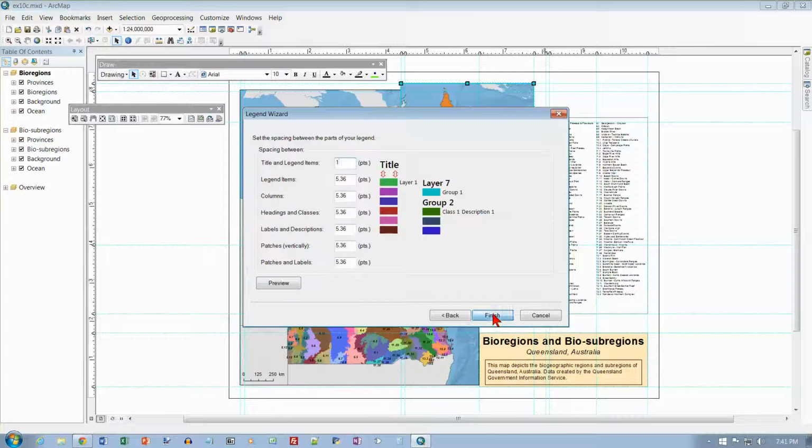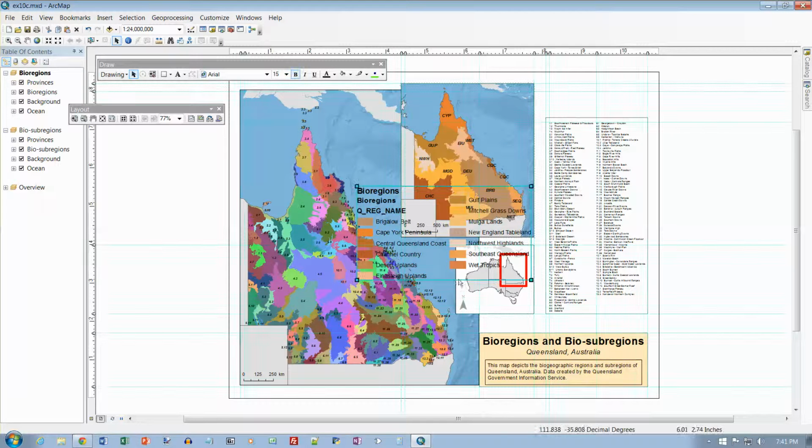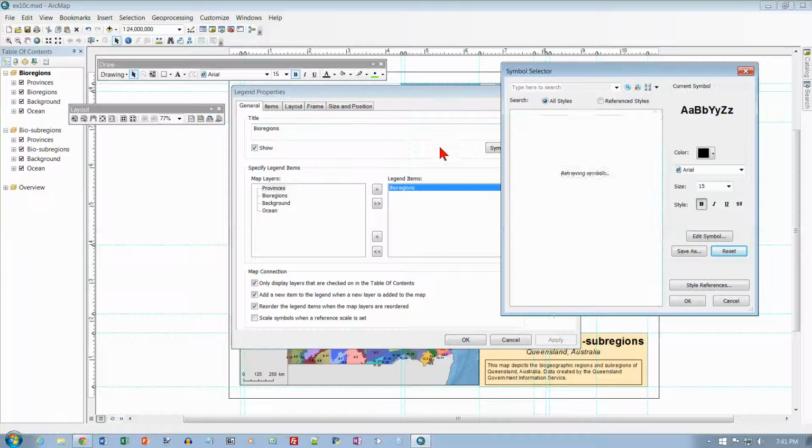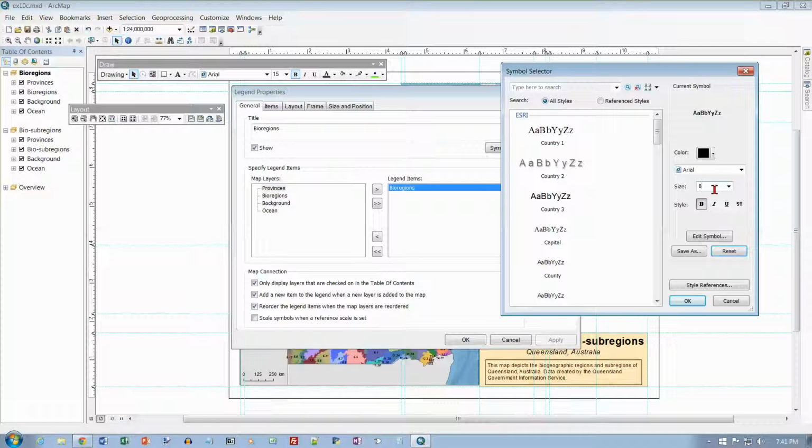So it looks like our title and our legend are going to be close together. And now we've got a legend, and we're going to double click the legend, and we'll get the legend properties. And on the General tab in the title frame, click the symbol button, and in the symbol selector change the font size to 8 points and click on OK. So you use a down arrow or just type an 8 on top of it. Then go to number 27 at the bottom of page 363, and